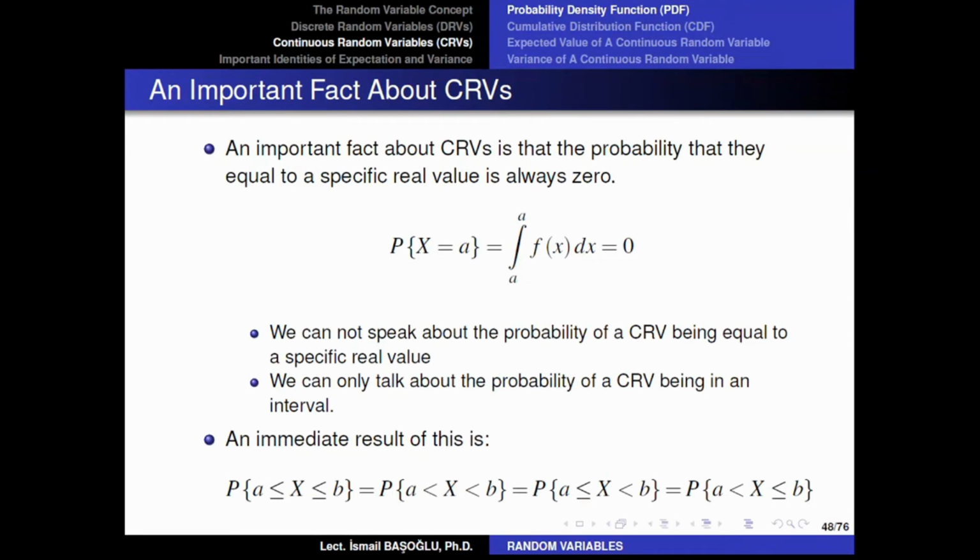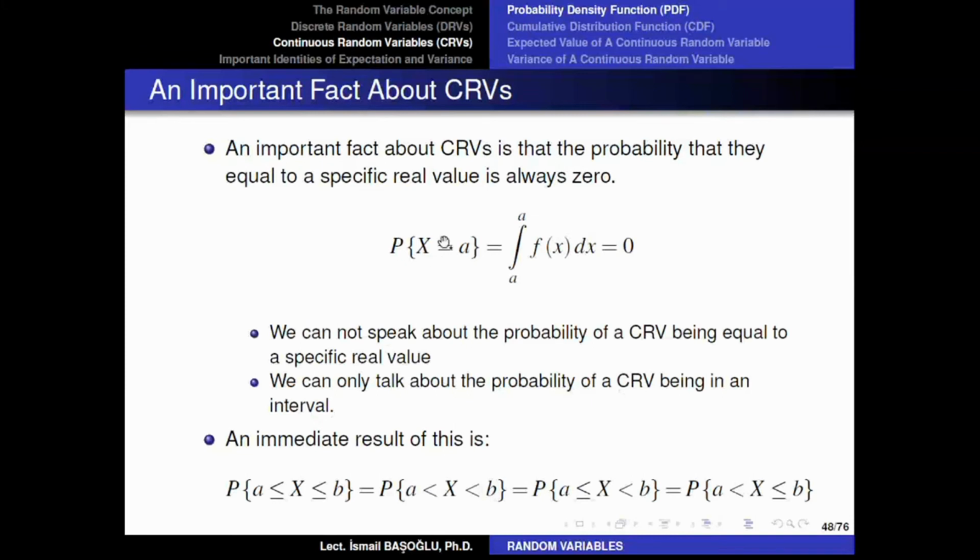Even if you measure it, you only think that you measured it, because you are going to observe first that somebody enters through the door, then you are going to check the clock. Okay, and there will be some time between these two events. Because of that reason, for continuous quantities, we can never talk about equality probabilities. Instead, we can only talk about the probability of a continuous random variable being in an interval.